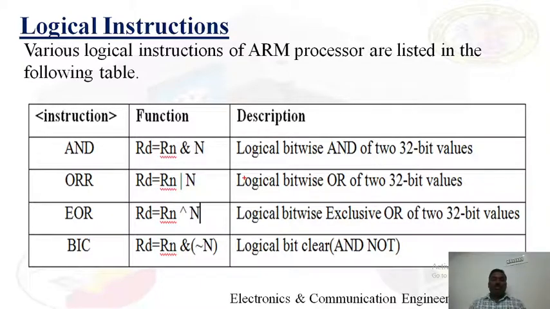Then the OR operation: only when both the inputs are 0 0, the output is 0. In all remaining cases the output is 1. So this OR instruction is used to set certain bits in the data. Then EOR, or exclusive OR operation, it is a special OR operation. It follows the first three sets of the OR operation, that is 0 0, 0 1, 1 0. But in the case of the XOR operation, whenever both the inputs are 1 1, the output of the XOR operation is 0 instead of 1 as in the case of the OR operation.